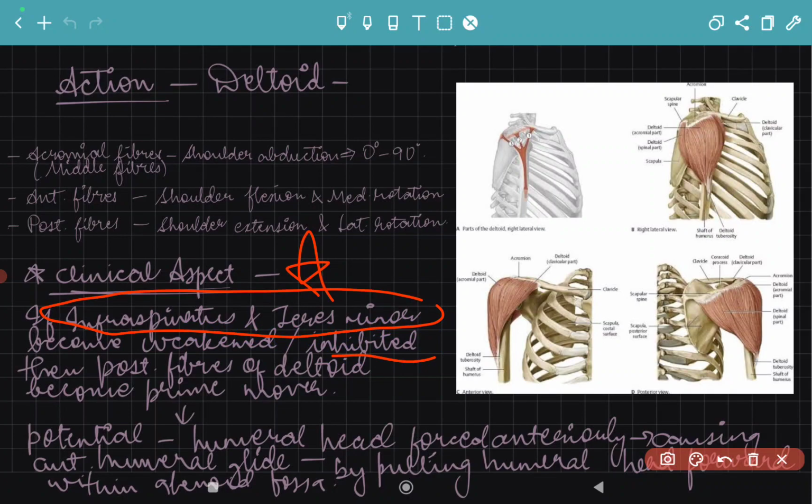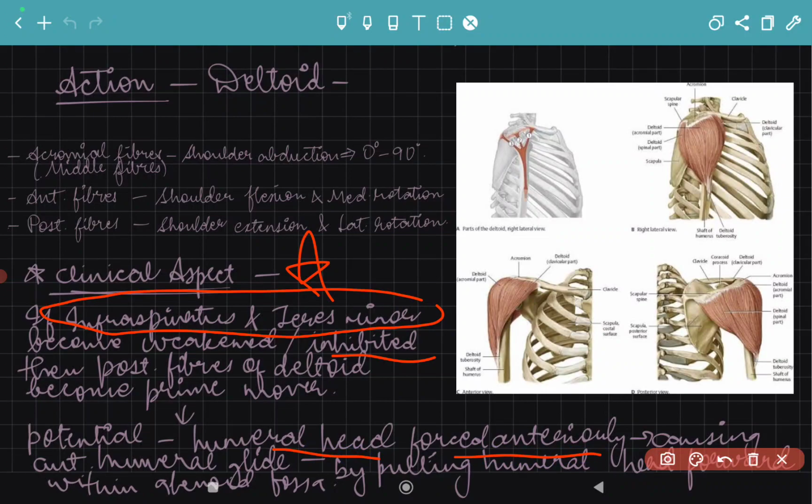As the posterior fibers of deltoid act more in place of infraspinatus and teres minor, it will cause the humeral head to be forced anteriorly. It will cause the humeral head to glide anteriorly, as the posterior fibers of deltoid will do extension as well